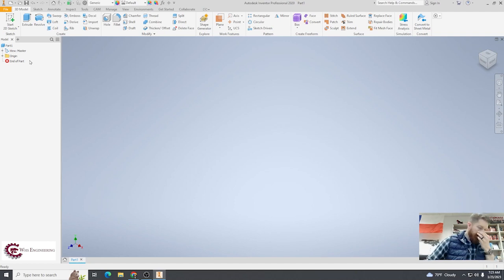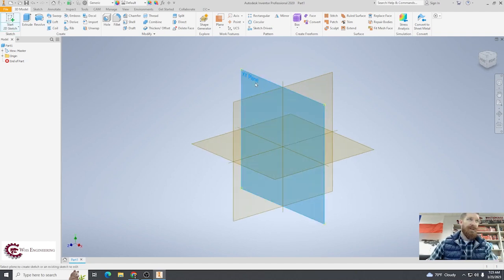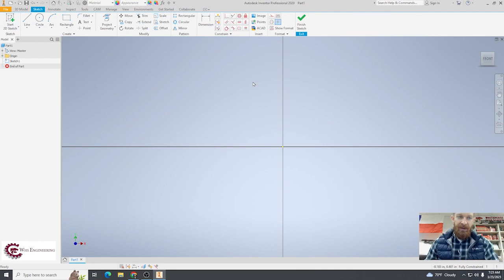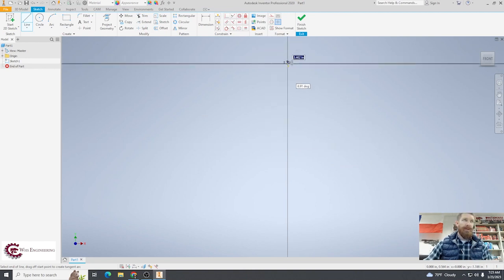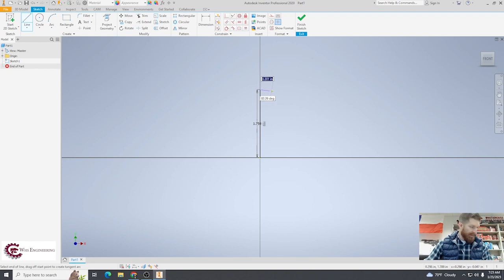I'm just going to model the part. I'll sketch on the XY plane. I like to start on the XY plane because that's usually the one you're familiar with from geometry class. And I always start at the origin. Let's just go through here real quick. This doesn't look too complicated, 0.5. So you see what I'm doing here is rough sketching, just rough sketching using the constraints as needed. We're going to go back up, another 0.5,